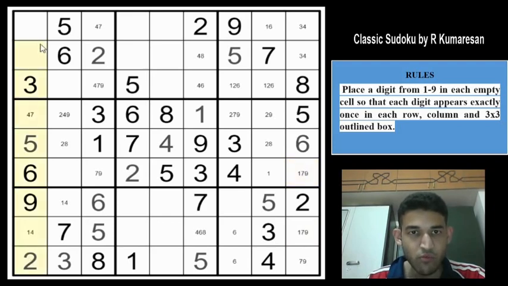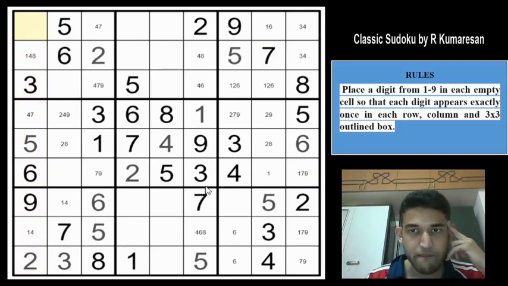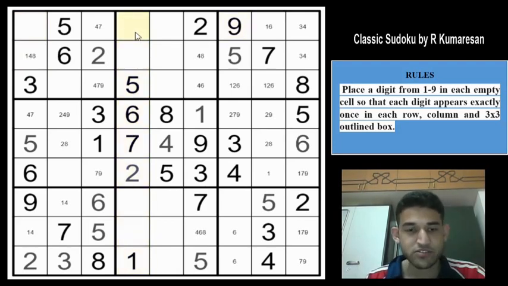Let us focus on column 1 now, right? So left out digits are 1, 4, 7 and 8. So this cannot be a 7, so this will be a 1, 4 or 8, and this is going to be 1, 4, 7, 8. We will refrain from writing candidates in cells which have 4 possibilities. So column 4, if you see, remaining digits are 3, 4, 8 and 9. You can't have a 9 here, so this will be 3, 4, 8, and this will be 3, 4, 8 and 9. This will be a 3, 4, 8 because 9 is here, and this is not a 3, so this will be a 4, 8 and 9.